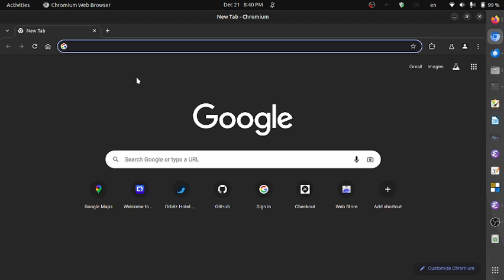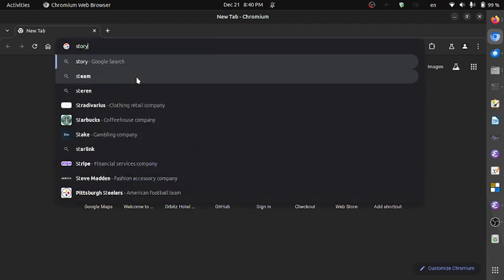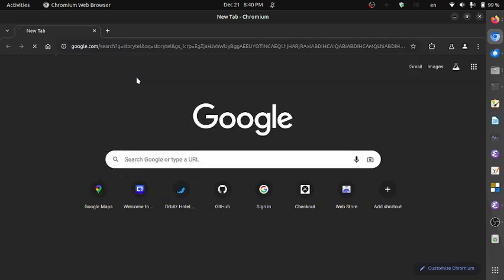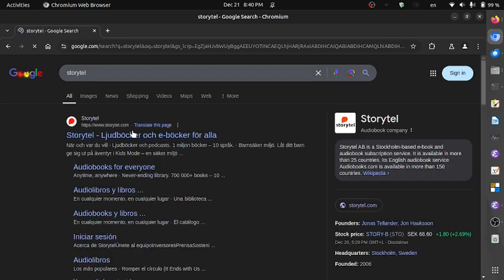So if I go to Storytel, I think I'll just do a search for Storytel. You can see here that it gives us a couple options. I think it's a Swedish company, but you can also see that it's got the different languages here. We've got English and we've got Spanish. So if I just click on Audiobooks for Everybody,